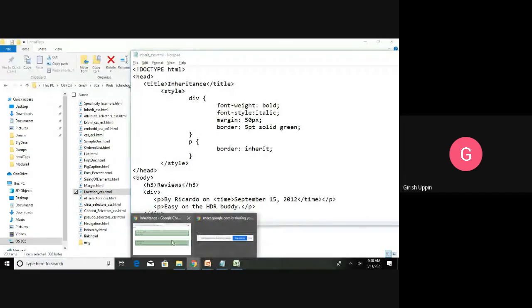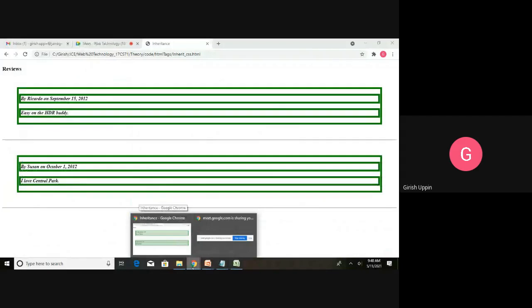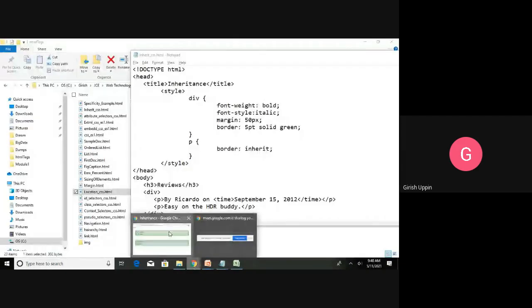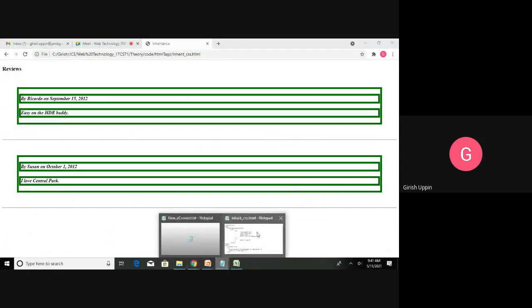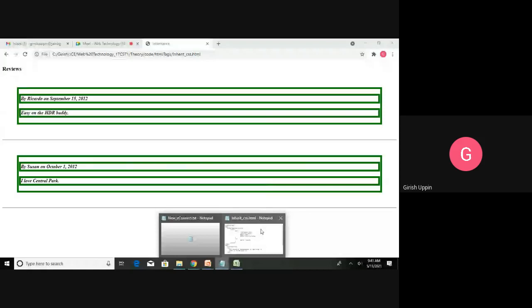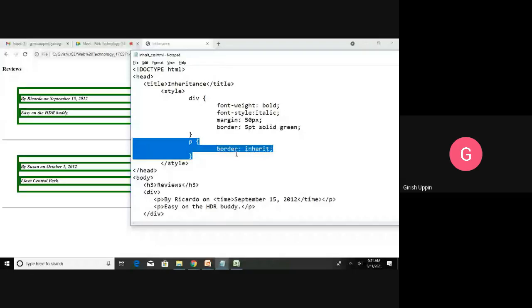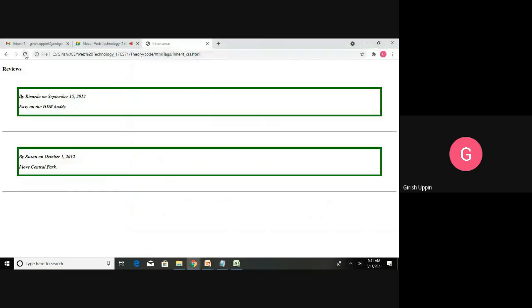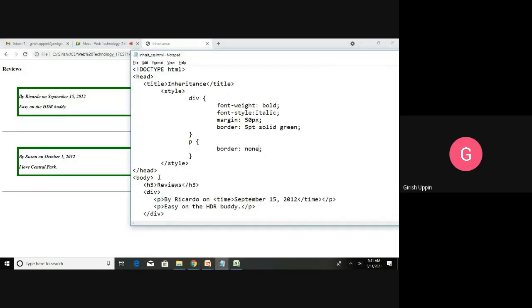This has some more advanced information than what we have just seen. So right now don't worry about this paragraph, what the meaning of that is. You just focus on this div with all these things. I will set border as none, so that you don't have to worry about that. I just saved it. I will reload the page. Something went off, don't worry. We'll go through this document.